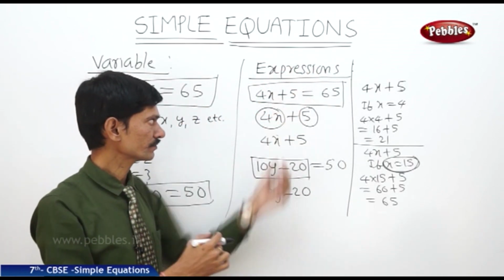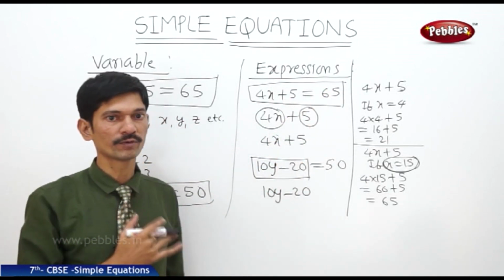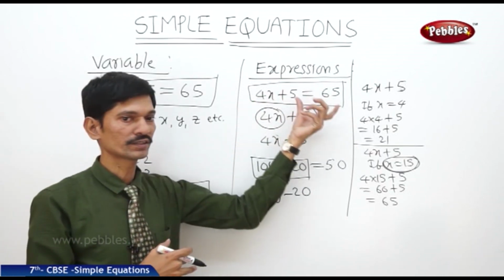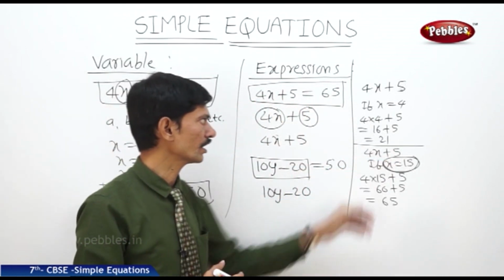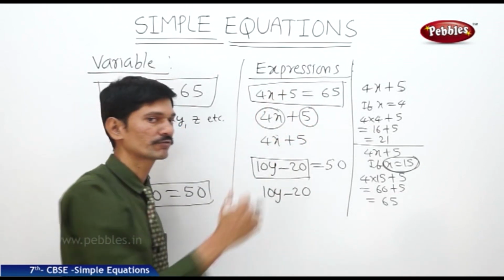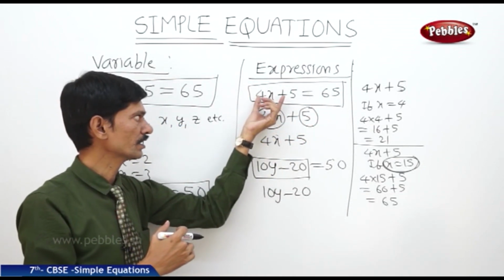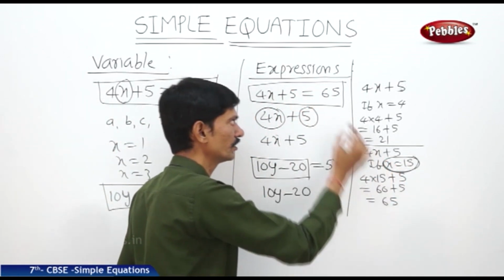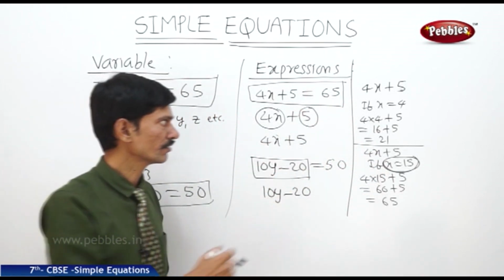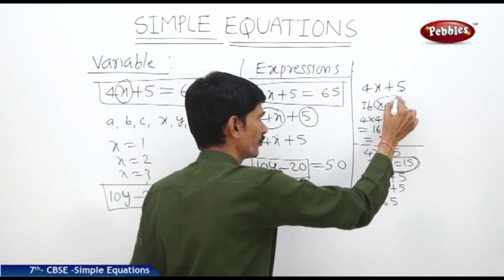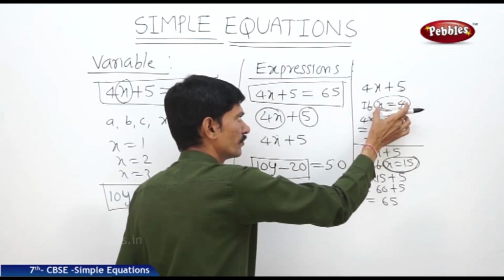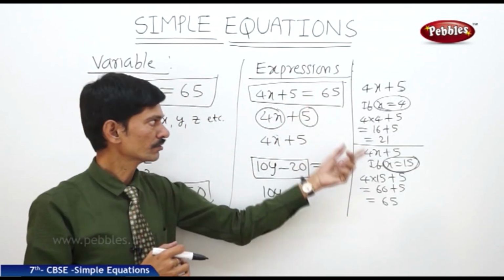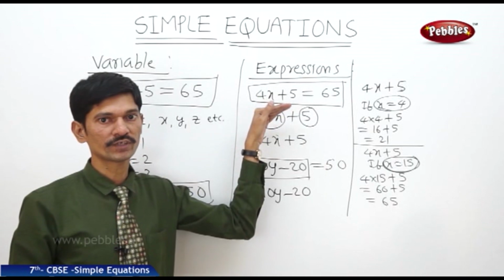So this equation is a condition on the variable. Now when the equation is satisfied, means when we get the LHS and RHS equal, for x value 15 we got LHS and RHS equal, means the value of the left hand side and the value of the right hand side are equal. So this value x equals 15 is called the solution of the equation. Then what about x equals 4? If you substitute x value 4 in the equation, we do not get LHS and RHS equal. So x equals 4 is not a solution of the equation.